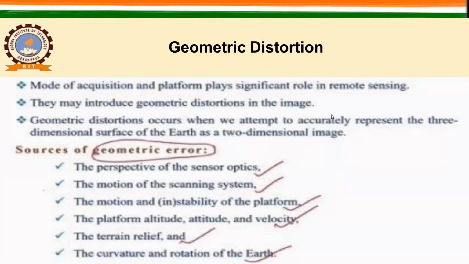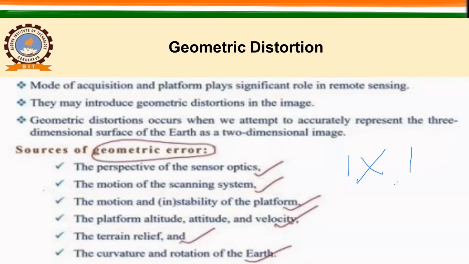But what will happen to the particular plane here? Your pixel will not be square, because we always define our spatial resolution as square, like 1 meter by 1 meter. ठीक है, हम कैसे इसको डिफाइन करते हैं? 1 by 1 meter से. ठीक है, और 23.5 meter by 23.5 meter, or 30 meter by 30 meter, or 60 meter by 60 meter. But here if you see, if it is capturing this particular area, so this will be something like this.